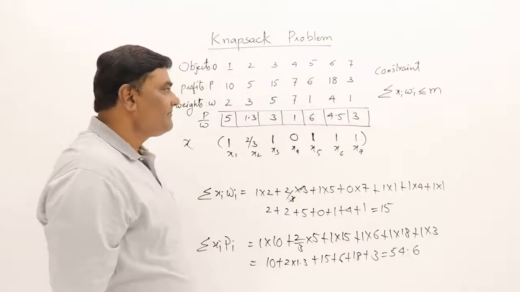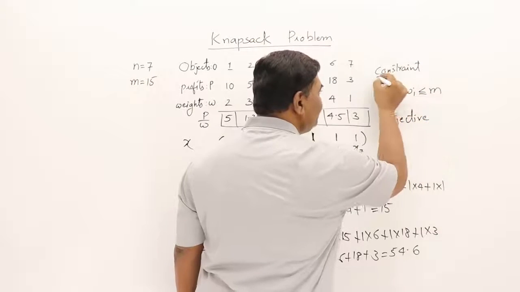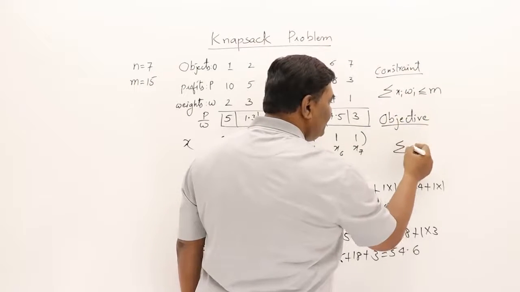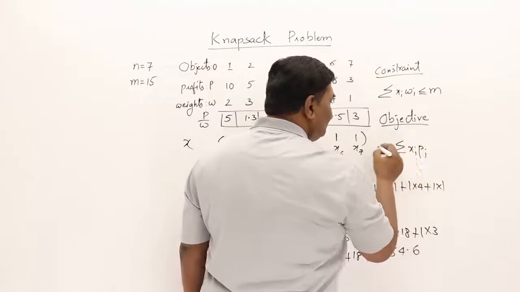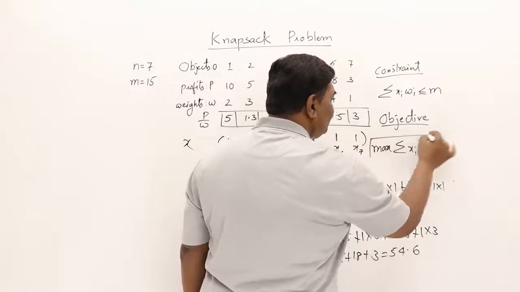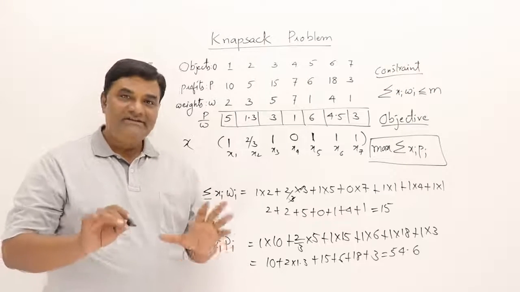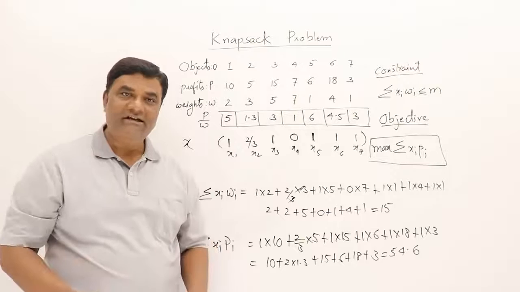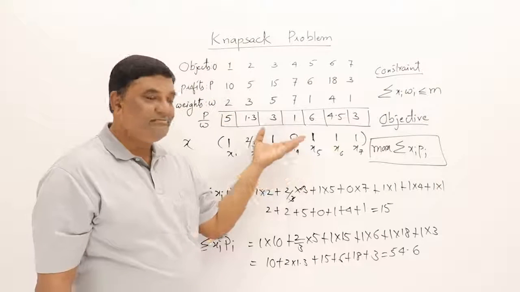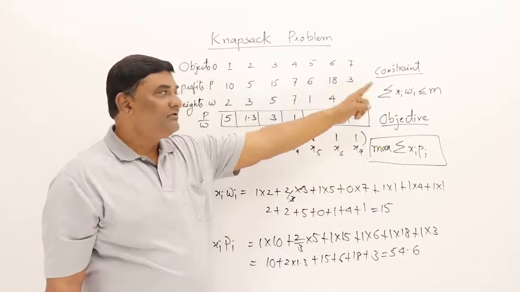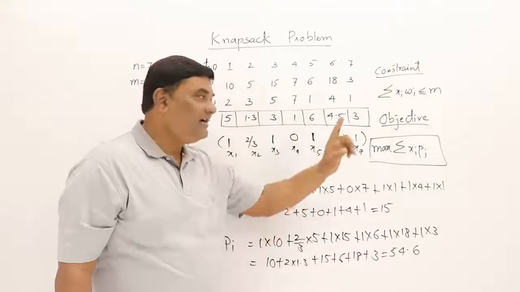So this is feasible. And the objective is what? The objective is that the sum of the profits of the objects that are included should be maximum. This is the objective of the problem, and we have achieved both. Now quickly I will explain how we have followed the greedy method. Once again I am explaining. See, the objects are given and the bag is given. We have to include these objects in the bag such that the profit is maximum, but the total weight should not exceed the capacity. So we have to select some objects such that we guarantee that we are getting maximum